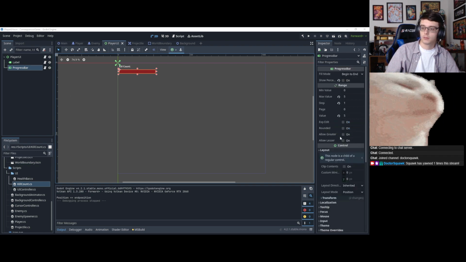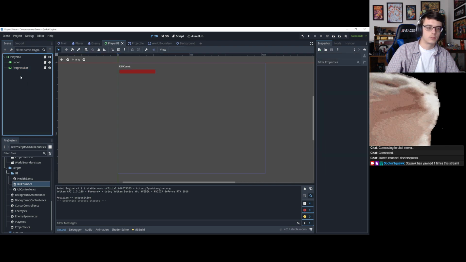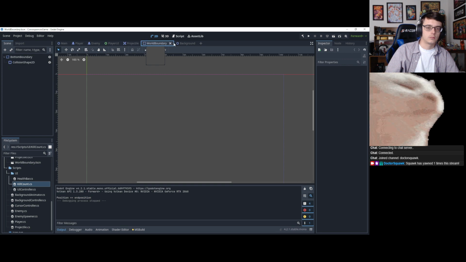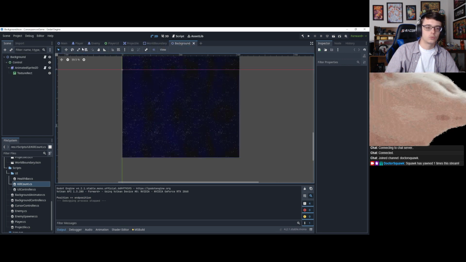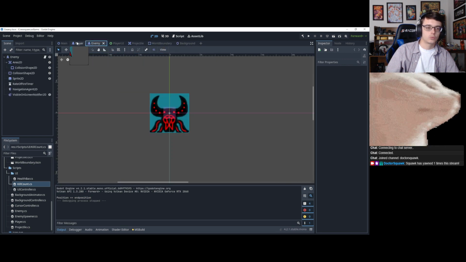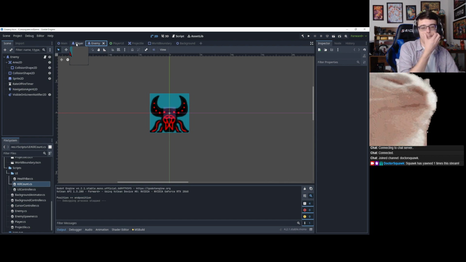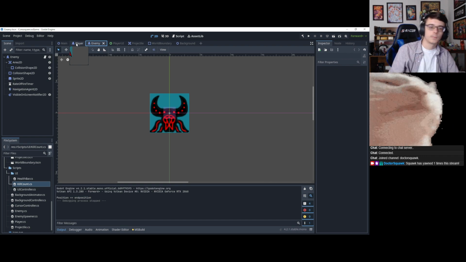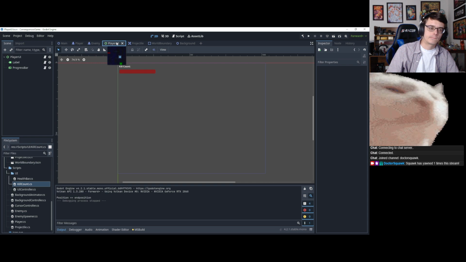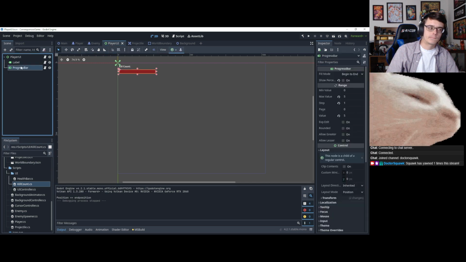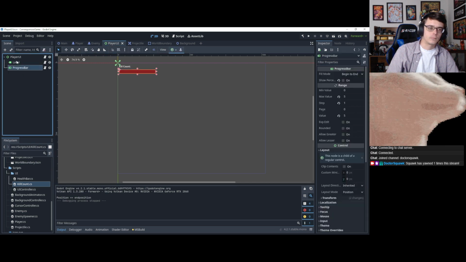You'd have to use a texture rect, I think it is, because otherwise you're not using a UI node. It's not one of the UI nodes. Sprite 2D, that's a fair point.